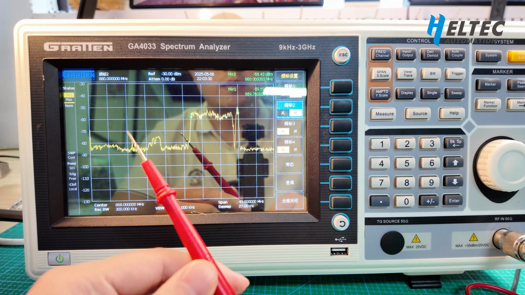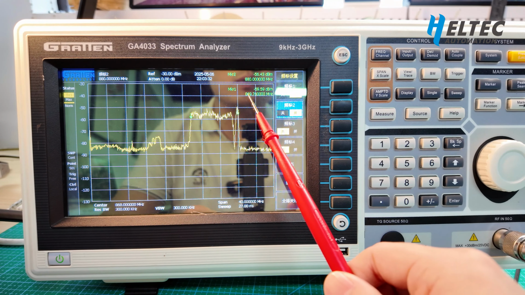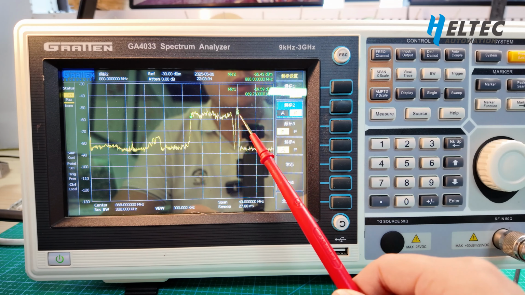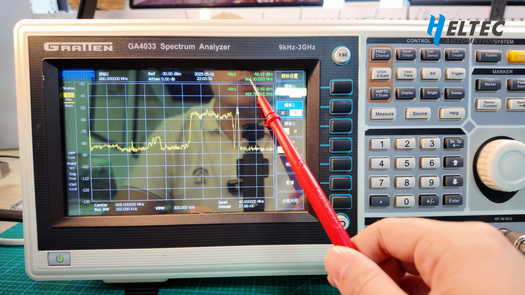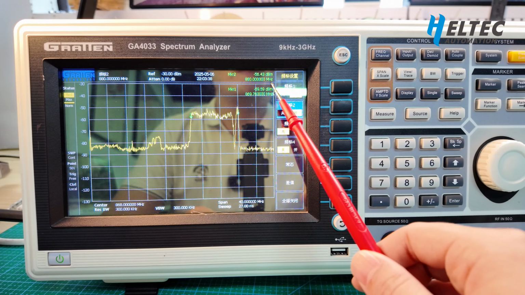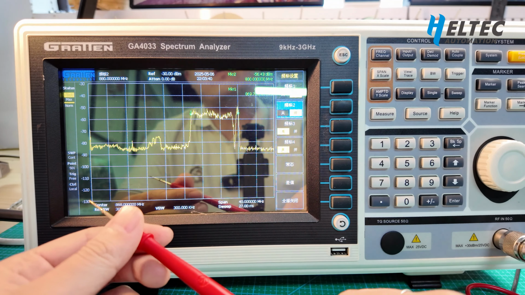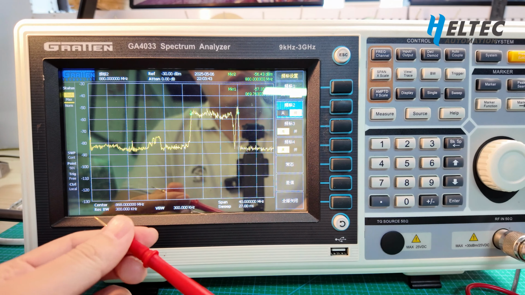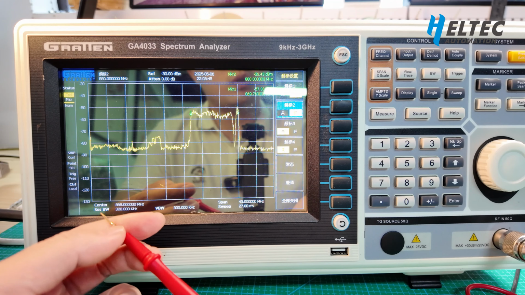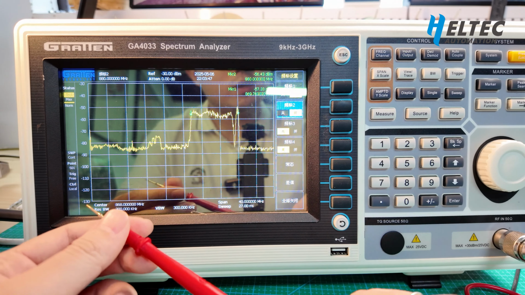Now you can see marker 1 is close to 870 MHz, and marker 2 is 880 MHz. Indeed, this is from the China Unicom LTE CDMA network transmit frequency.